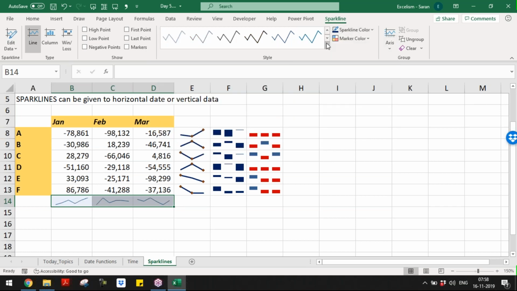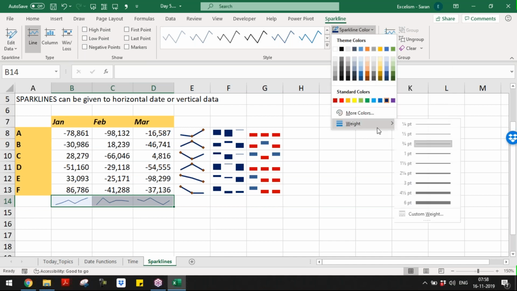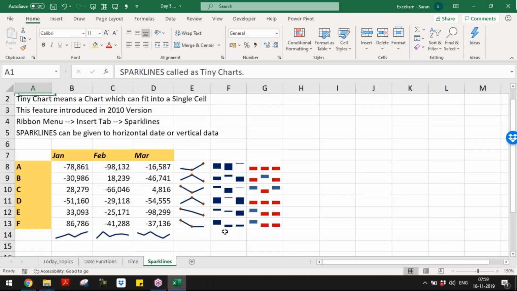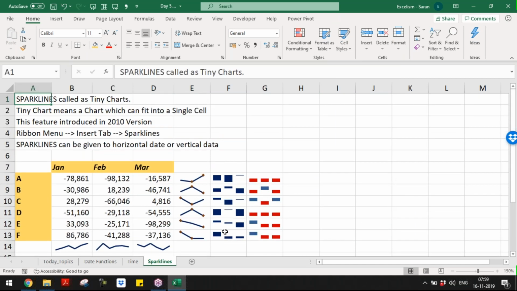So if anyone has any question with respect to the sparkline, please let me know. Very simple feature. Okay, in the pivot table, this works very beautifully. That's all. So if anyone has any question, please let me know. Can I go ahead? Friends, can I go ahead?